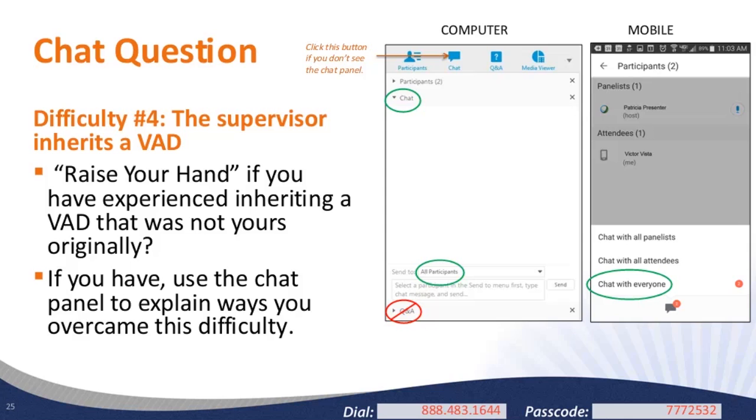Mariekler asked questions about the final goal of the project, which was quite educational and became a training for her or him. Yeah, so what is the goal? Sometimes we don't even know what the project is supposed to accomplish, especially if the VAD is unclear. So ask all those questions: what is this thing? If you don't know what VISTA is, get on the VISTA campus and start poking around. Talk with your state office or your intermediary and ask them to give you an orientation. Any other strategies folks have used when they inherited a VAD to tackle this particular challenge?